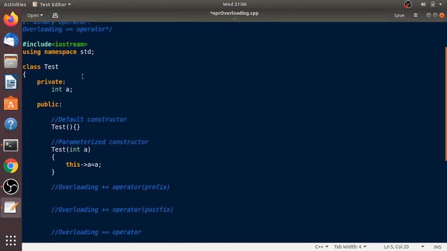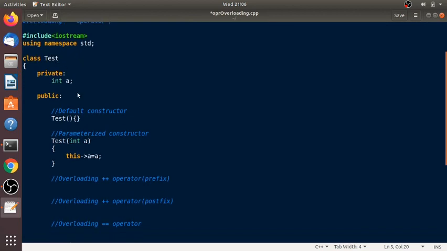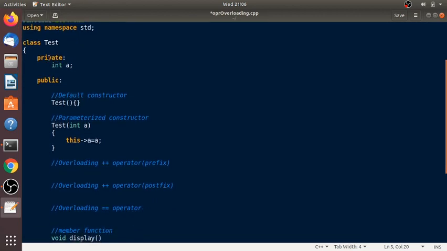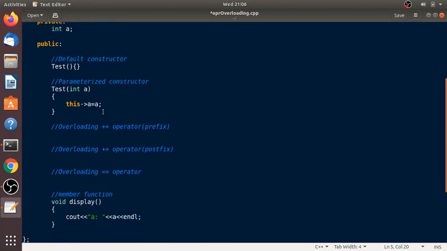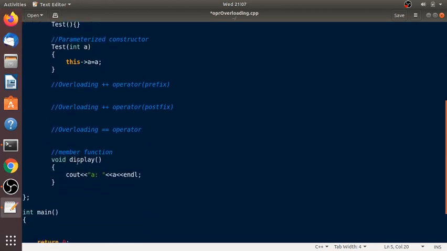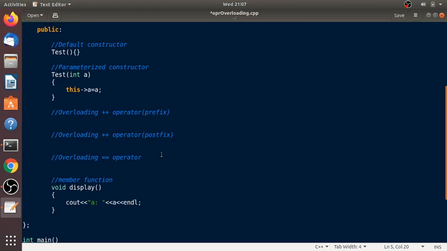The class test is defined here with the private member variable a and the default constructor with a parameter, as well as the public member function display to display the value. Now we are going to apply this plus plus operator on the object of this test class.